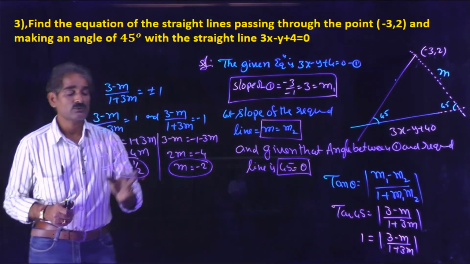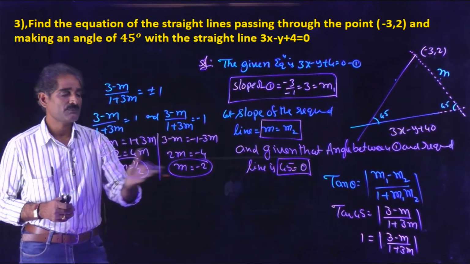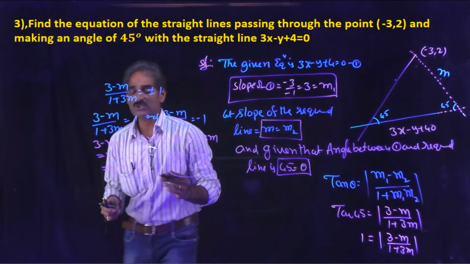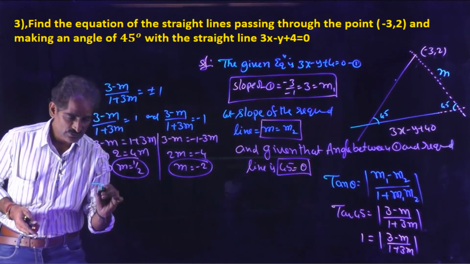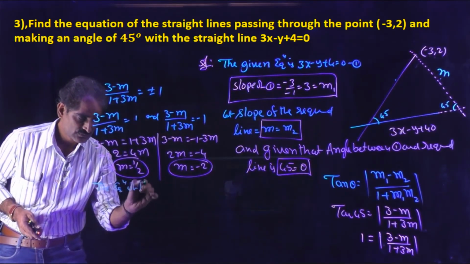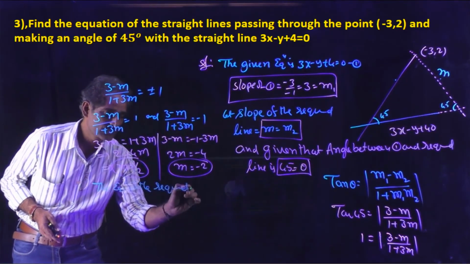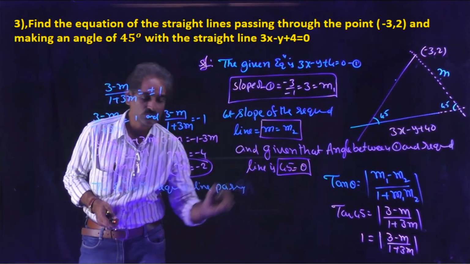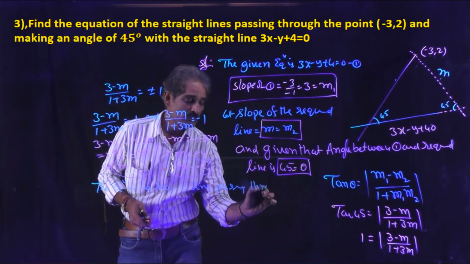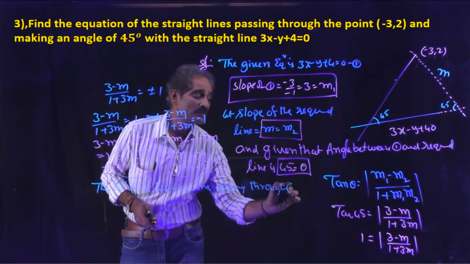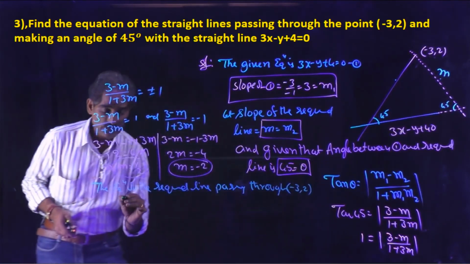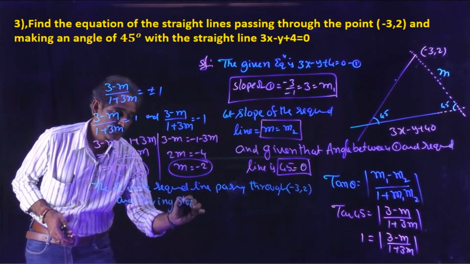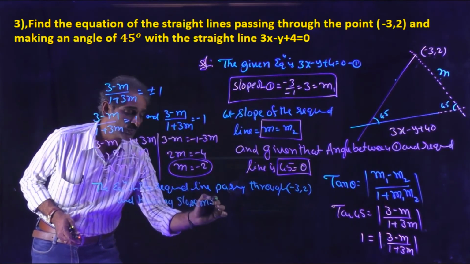Okay, m equal to 1 by 2 and minus 2. With the help of these two values, we can write the two equations. So the equation of the required line passing through the point (-3, 2) and having slope m equal to 1 by 2 is